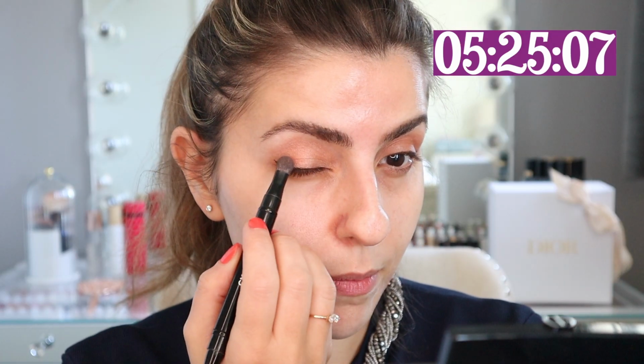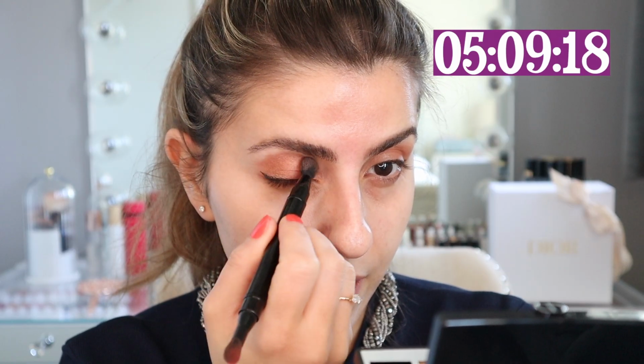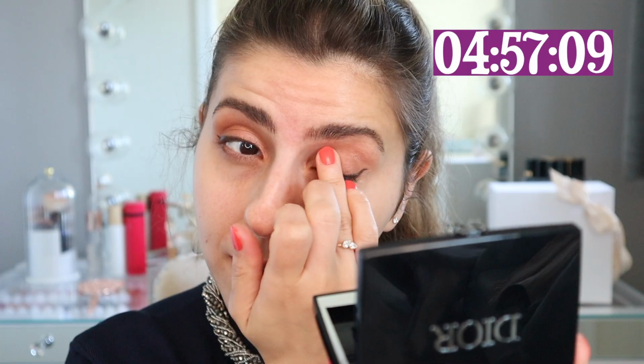All right, now I want to pick up this really beautiful coral shade, and I want to add this right in the middle and a little bit to the outer corner. And then I want to simultaneously blend in the shade here. It's not as dark as you would think. That looks gorgeous. Using my finger, I'm going to grab the shade here, and then I'm going to put this in the inner corner just to give that a highlight. And just like that, we have a glammed look that is perfect for the summer season and so easy to